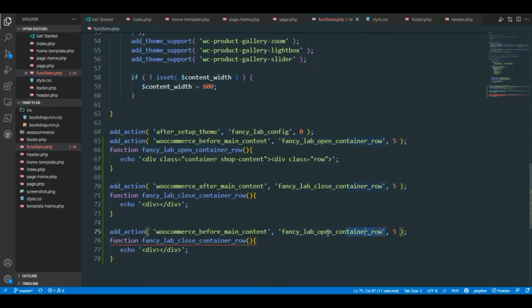Fancy Lab add sidebar tags, okay. Sidebar tag will be 6 now, and in here I'm going to change this to our Fancy Lab function, so it will be add sidebar tags, Fancy Lab add sidebar tags,